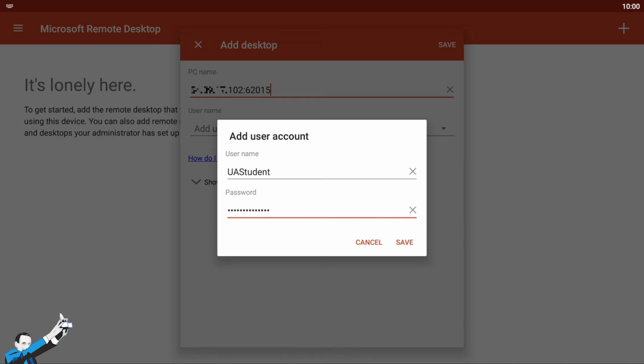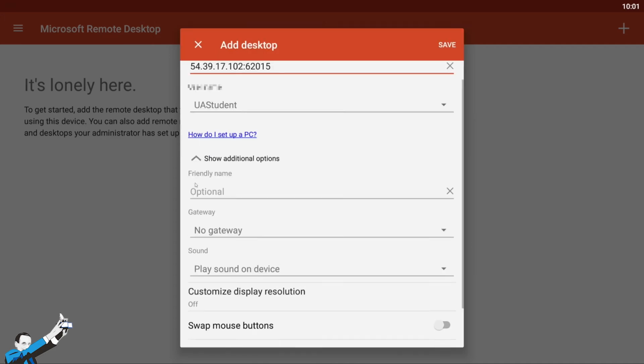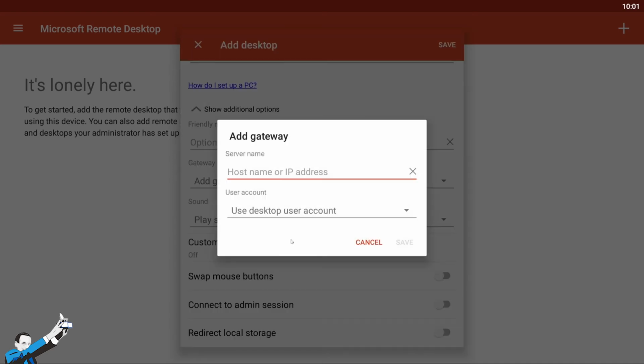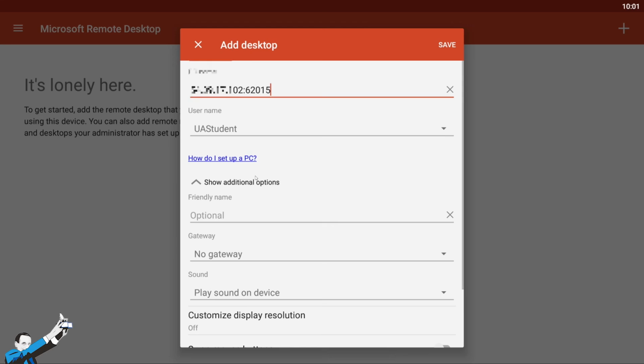After having correctly set the login credentials, I'll click on Save. Here you also have other setup options. For example, if your data center makes you go through an authentication gateway, you'll have to specify here, Add Gateway, and eventually enter the credentials to log in through the authentication gateway. It all depends, of course, on what infrastructure you're connecting to.